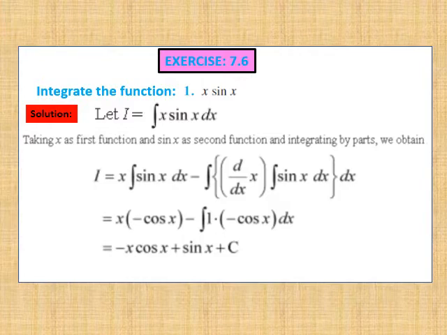So applying integration by parts, we will get I equals x into the integral of sin x using the formula, minus the integral of the differentiation of x into the integral of sin x, whole integral. Clear? So we have the integral of sin x equals minus cos x, minus the integral: now the differentiation of x is 1 and the integral of sin x is minus cos x. So we are getting minus x cos x plus sin x, because the integral of cos x will be sin x, plus the constant of integration c. Clear? So we have simply applied the integration by parts method. So pause and note down the solution.